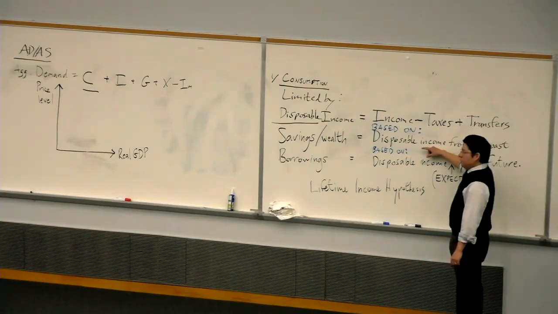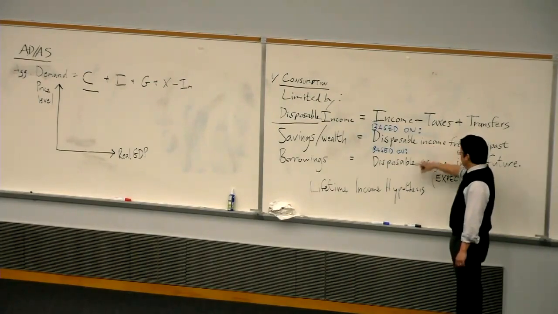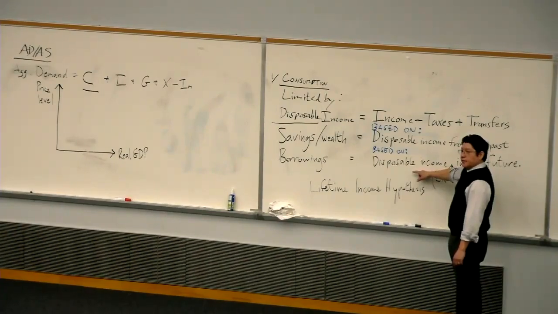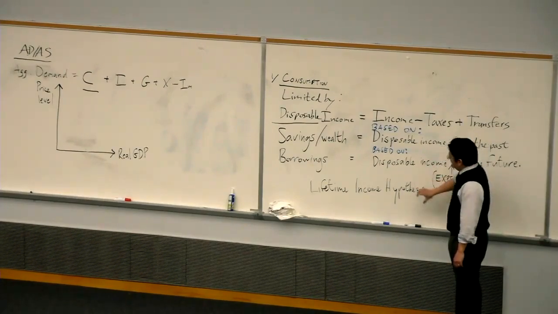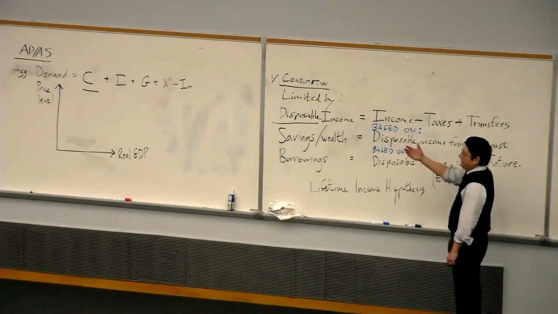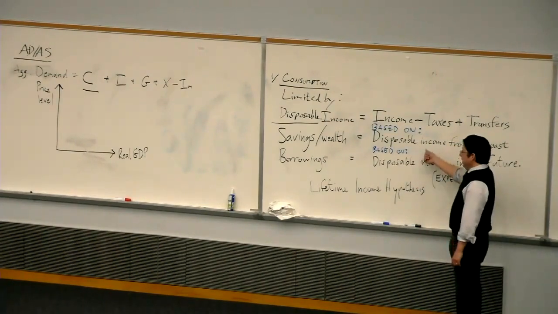It assumes that you're able to access your savings from the past. And it assumes that you're able to borrow against your future income. So what is there that stands between you and your ability to, let's say, borrow against your future income? Yeah. The robustness of the banking system. Right, the financial system is there. It requires your ability. This lifetime income hypothesis could be a very powerful idea explaining why consumption doesn't move, unless